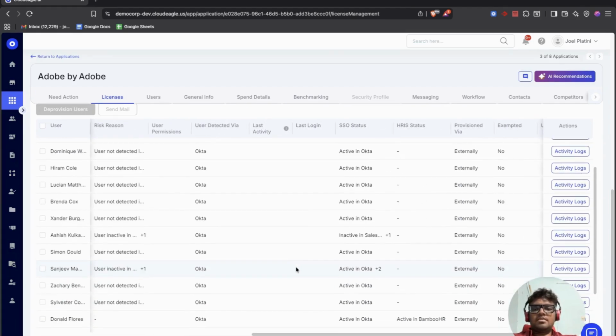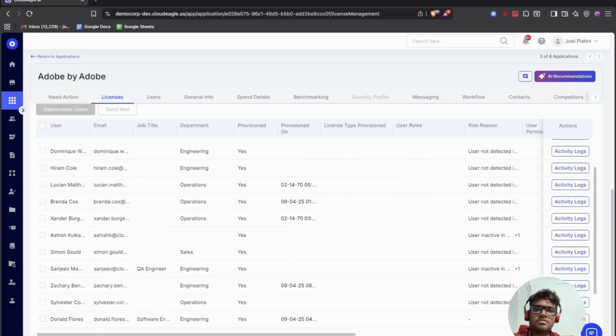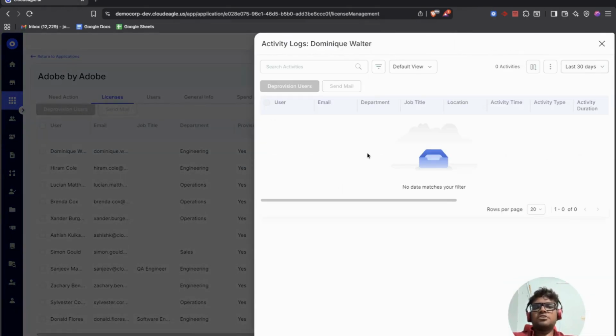So where is this data being fetched from, right? Like I said, through direct integrations, you'll be able to see the detailed usage insights. Through activity logs, it shows empty because it's a demo instance. But once the integrations are